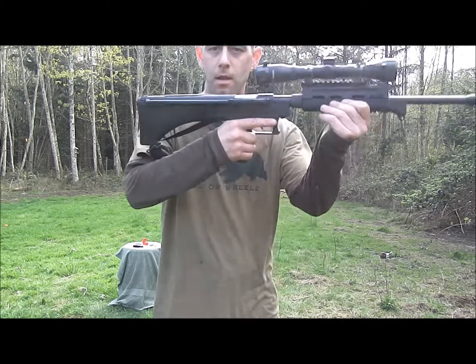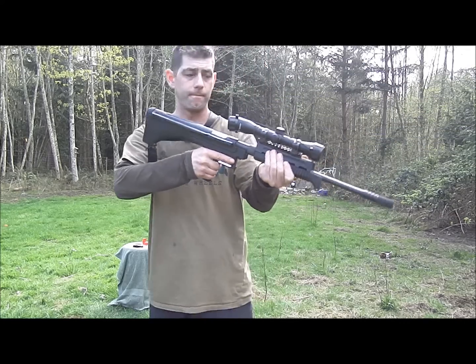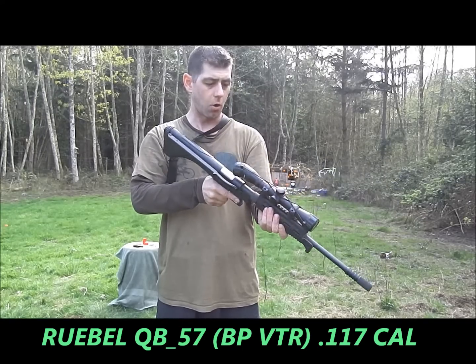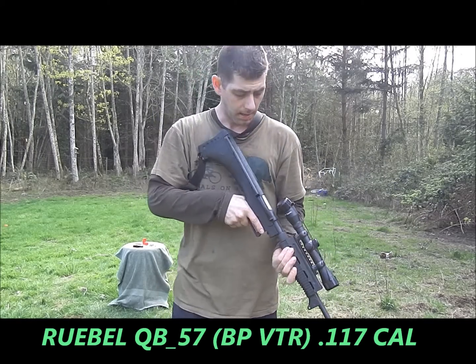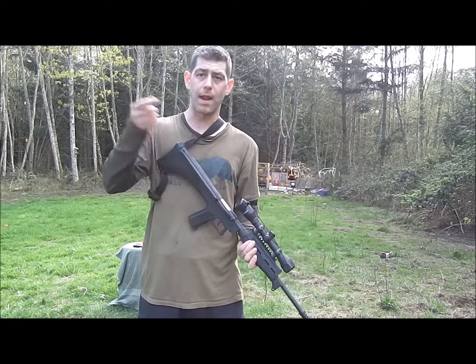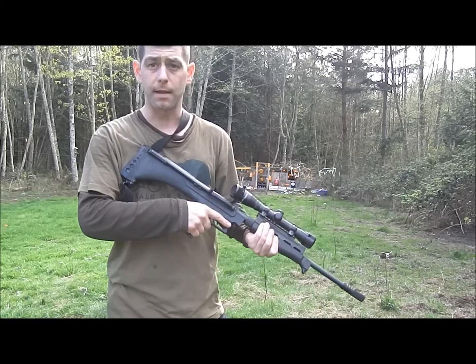Alright, well today I have the QB-57, what I would call the scoped air rifle. It's a .117 side crank style air gun. They say it shoots 650 feet per second, and